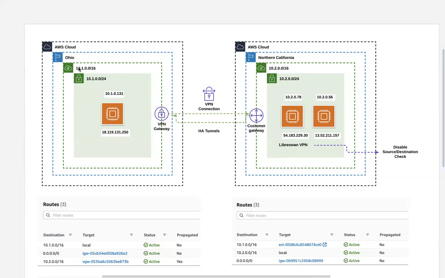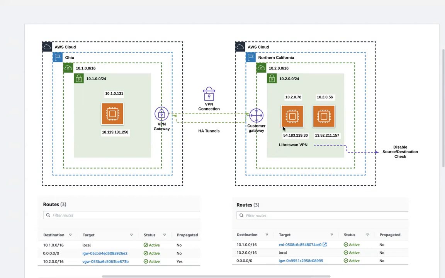Now let's take a moment to consider the on-premise network representation. So we have the Northern California region as our on-premise network with the address block of 10.2.0.0/16. And we have a subnet over here, which is 10.2.0.0/24, within which we have a possible representation of the customer gateway, which is nothing but an EC2 instance that runs the LibreSwan or OpenSwan VPN software. And then we have an instance behind this VPN device as a representation or a test instance of our on-premise EC2 instance, just to do some ping test and see whether things work fine or not.